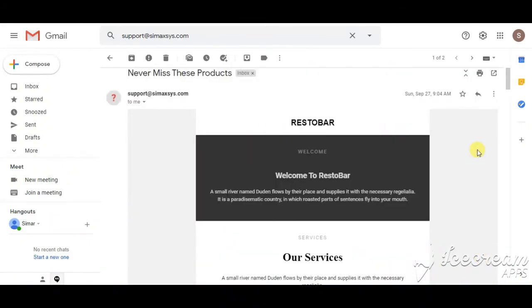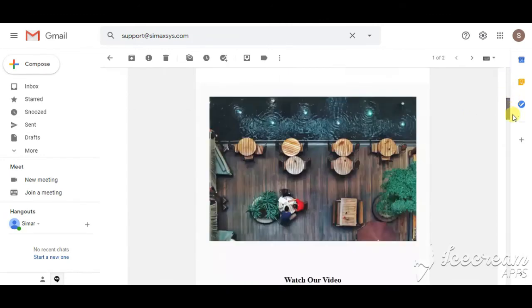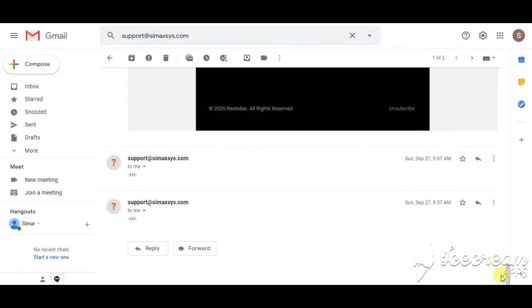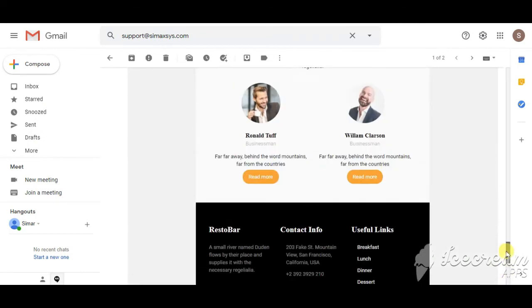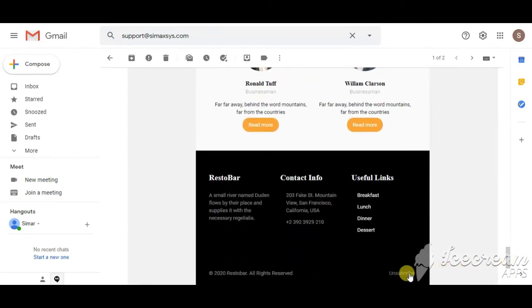The email count is automatically incremented in my analytics. A user can also unsubscribe from an email. For example, here is unsubscribe, and you can see the message, you have successfully unsubscribed. Next time the email will not go to that user.